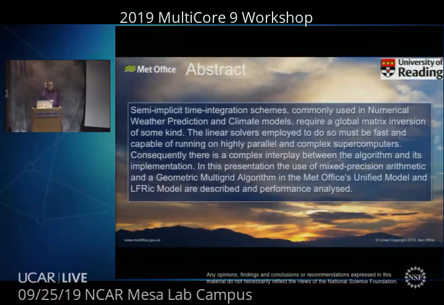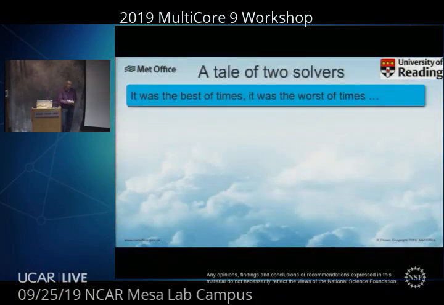so I have an abstract in. I'm going to talk about semi-implicit, well, not so much the integration schemes, but as a consequence of using semi-implicit time integration schemes, we need to do a global matrix inversion of some kind, and then we need a linear solver, and that's got to run on the supercomputer, and it's got to run fast. And so this is a talk about a couple of methods we might use to make our solvers go quickly. I realised that in fact I've got solvers in two different models, so I've got a tale of two